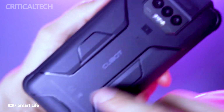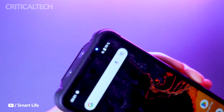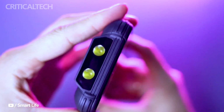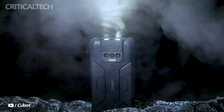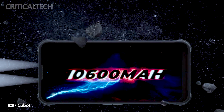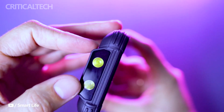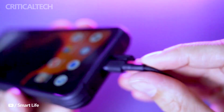With a maximum brightness of 6,000 lumens, this smartphone is not just for making calls or taking photos. It can light up the darkest nights, making it an essential tool for camping, hiking, and emergency situations. To power its impressive features, the KingKong 8 is equipped with a massive 10,600 mAh battery. This extended battery life ensures that you can stay connected and make use of the flashlight feature without constantly worrying about recharging. Whether you're on a multi-day adventure or in a situation where power is scarce, the KingKong 8 has